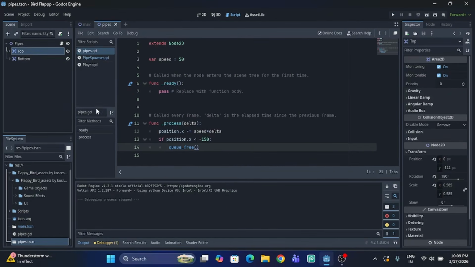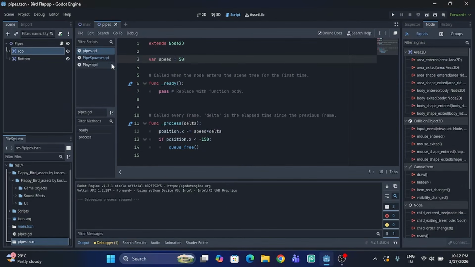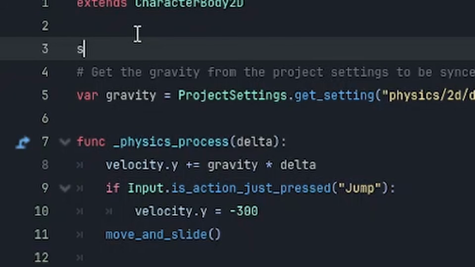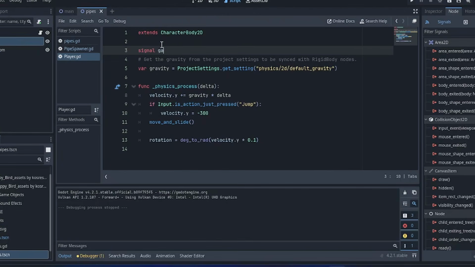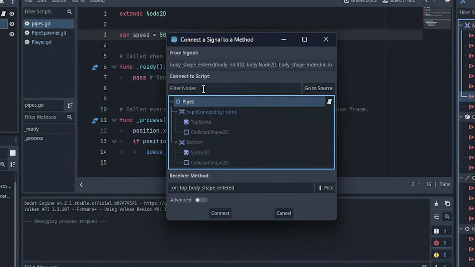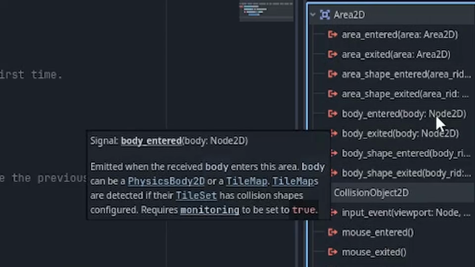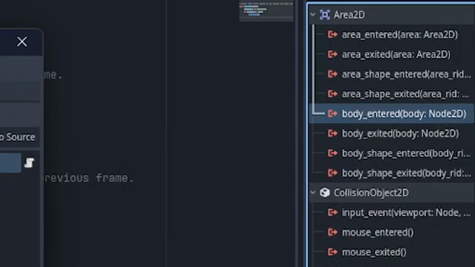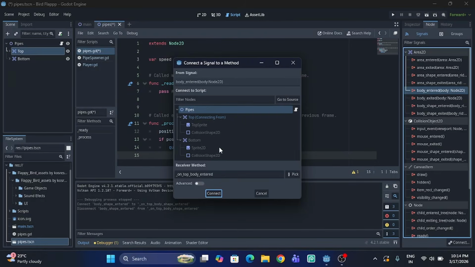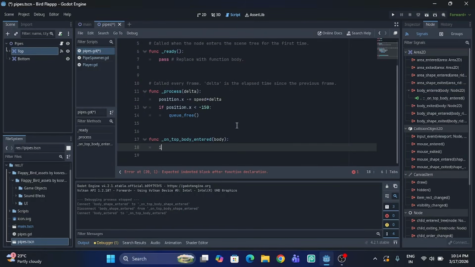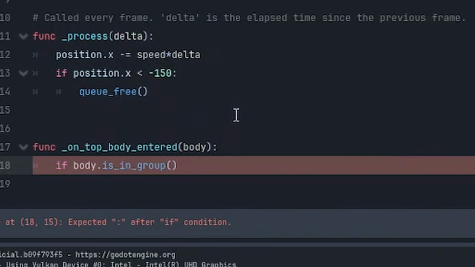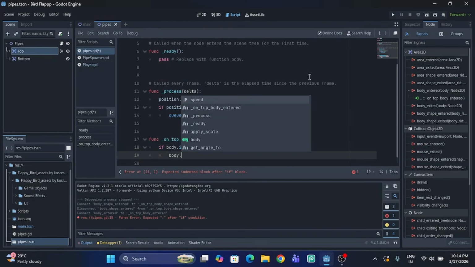Now we actually need to detect collisions. So for this, I'm going to go to the player script and then create a new signal called, say, game over. And then I'm going to go to the pipes and then check if the body enters the pipes, which means if the bird is colliding with the pipes. So I'm going to check if body entered a body. In this case, the signal checks if the bird collides with the pipes. And then I'm going to check if body is in group bird. Then I'm going to make the bird emit a game over